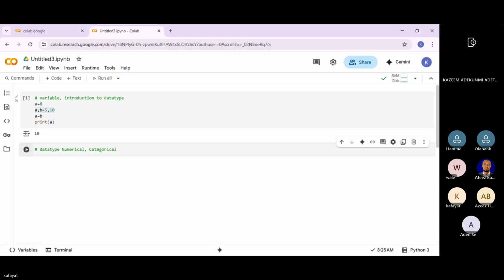Let me break down the two definitions for now. Numerical is for numbers, generally numbers. Then categoricals are text values. I say text value, although it also has different sub values. It has subtypes.